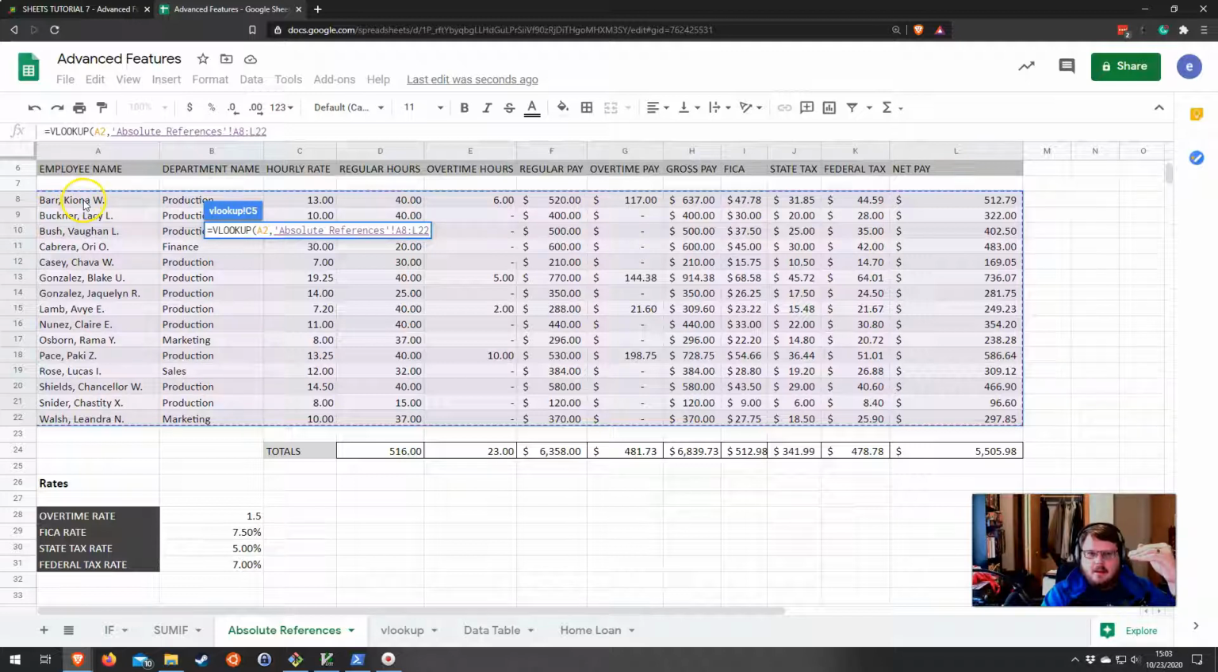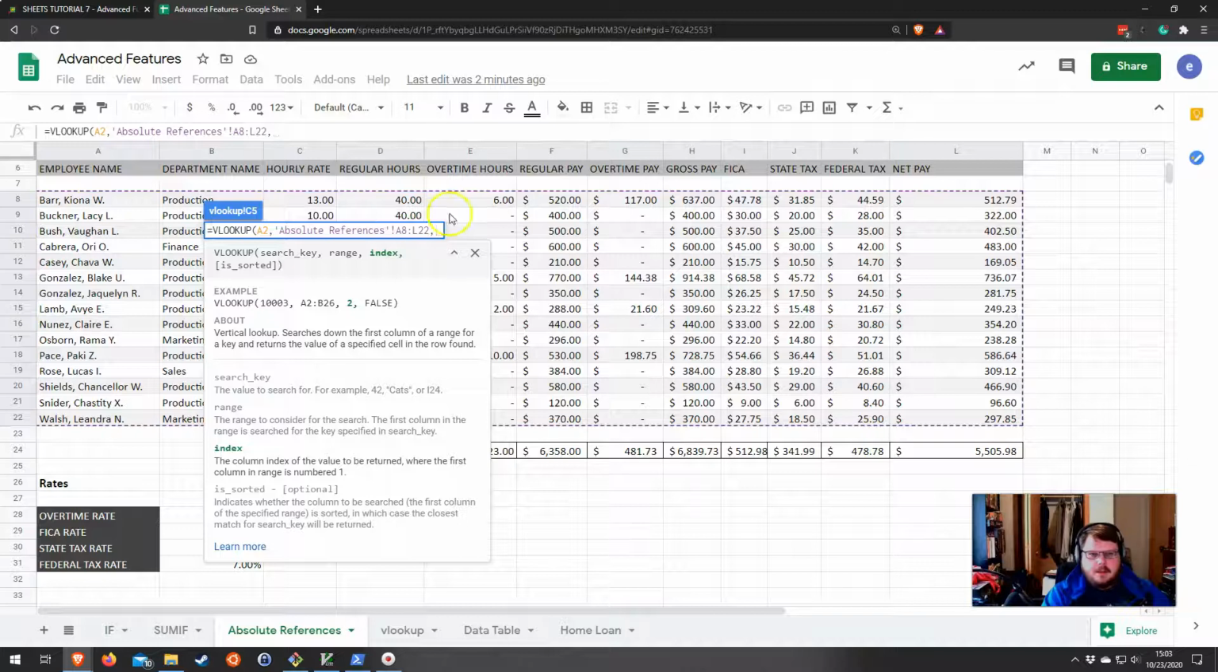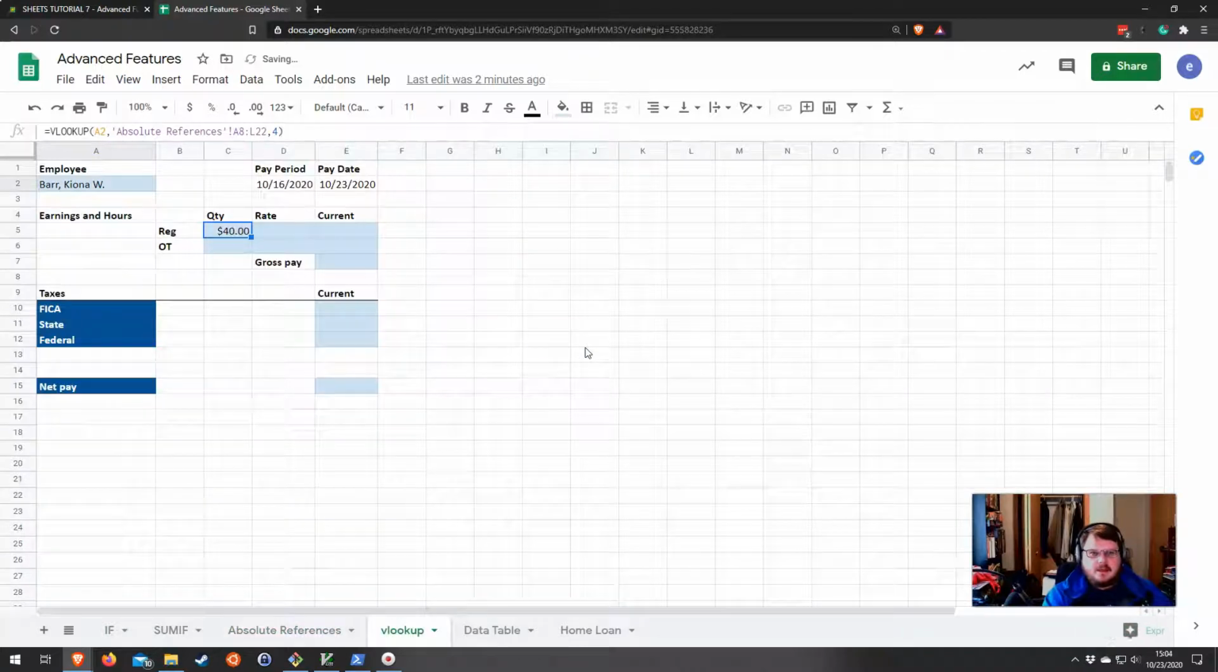And then the last parameter is going to be the index of some column. Now we assume that the first column, this is 1, this is 2, this is 3, this is 4. I don't know why it uses a numerical index rather than a letter value, but that is what it does. So the index for regular hours is going to be column 1, 2, 3, 4. So 4. And then if we hit enter, it should give us